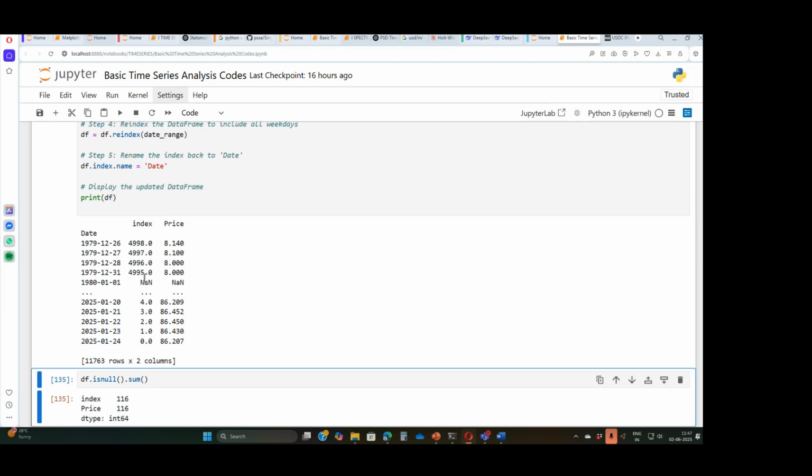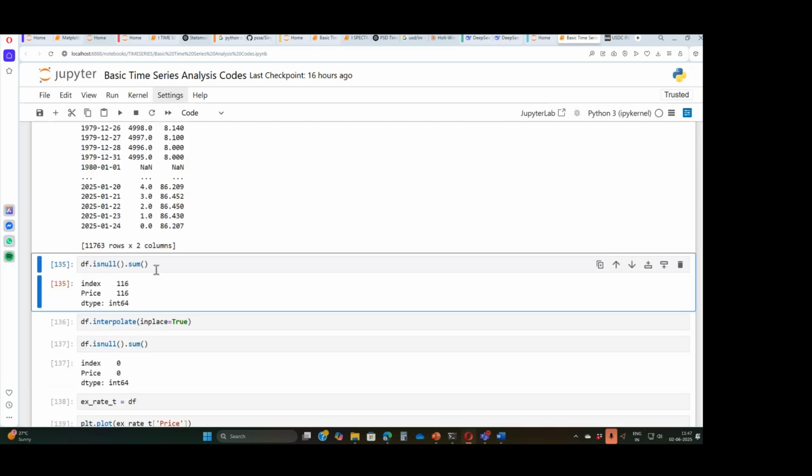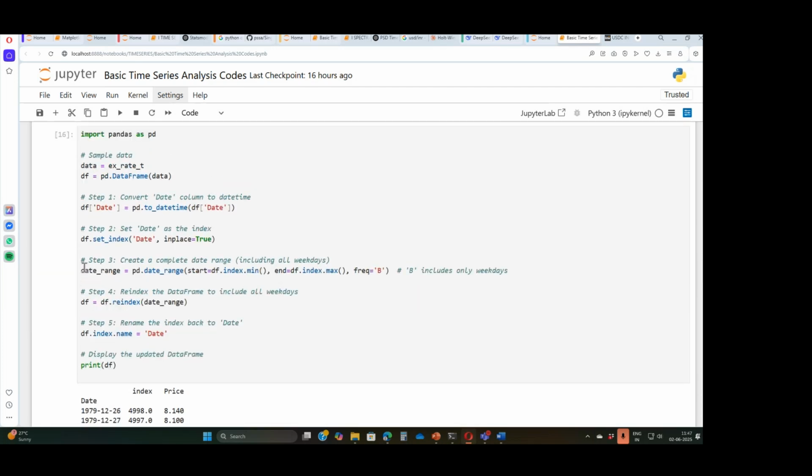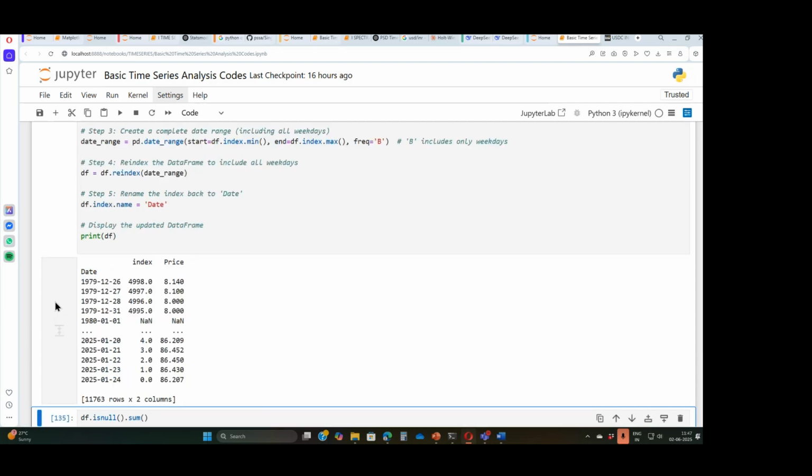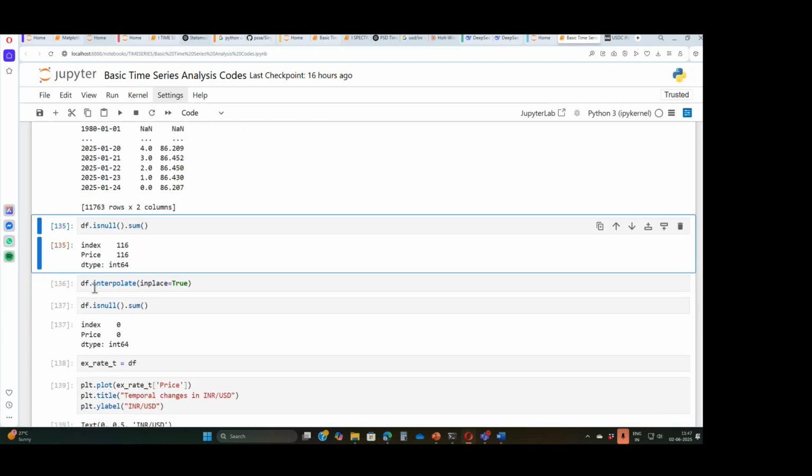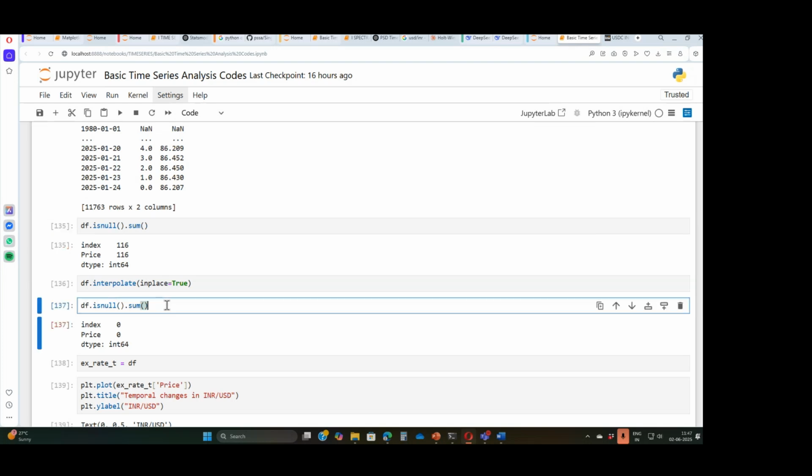Okay, now I've got a series which is running continuously from the first day of my series to the last day of my series. I just want to check because here now the missing values are corrupted. Because of this operation, missing values are corrupted. And now this is how I check how many missing values I have. Name of the file is DF. You may remember that I changed the file name to DF. So the missing values: df.isnull().sum().